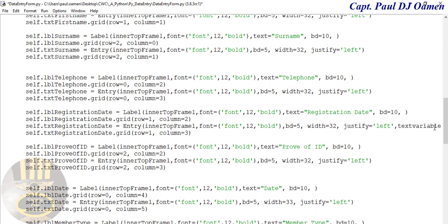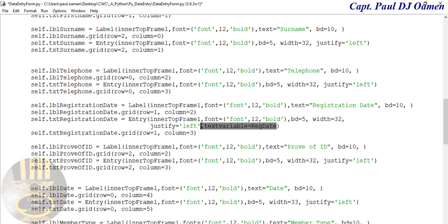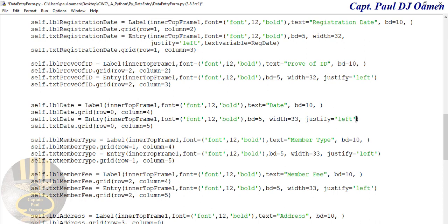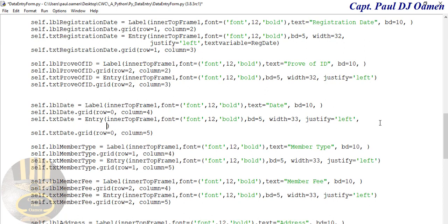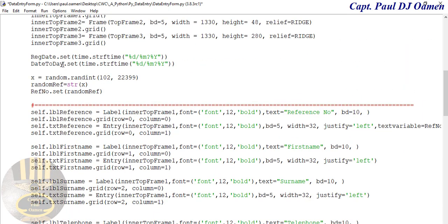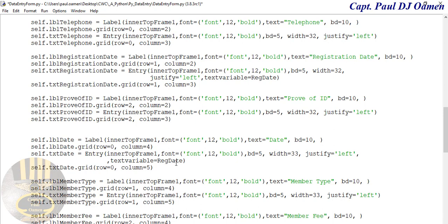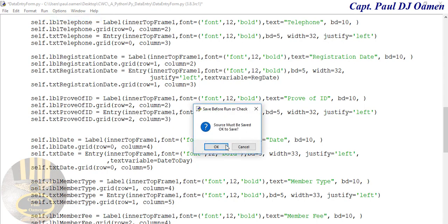Copy, come right down and say equals. Let me press enter here so that you guys can see it. Equals that. Now the next one is just the dates. So let's copy everything here. Come right down here. I'm going to put comma, press enter so that you can see it as well. And the date is that. Set the date. So that's for the date function. Let's see. There we go. Now let's run that and see how that's going to look